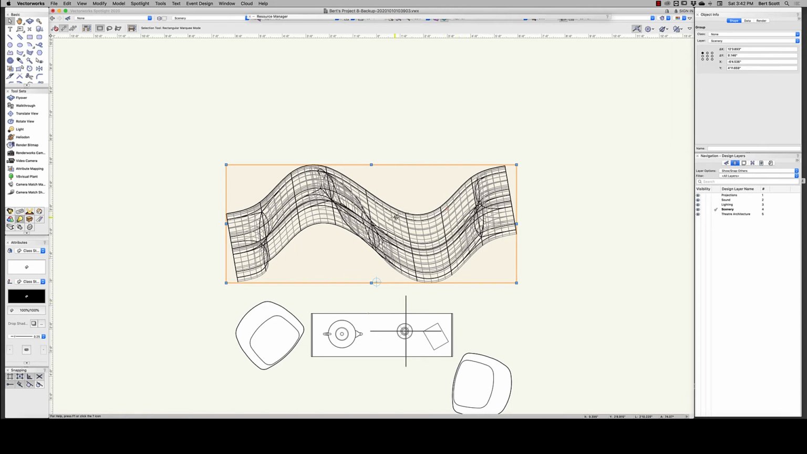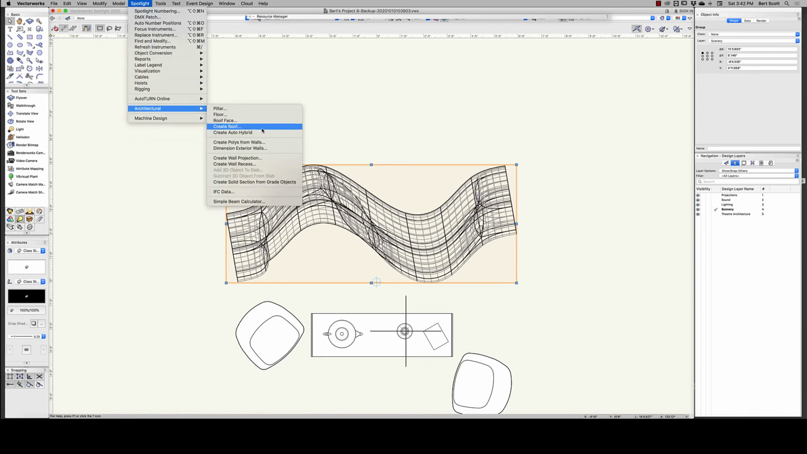Rather than doing that the way that we did the coffee table by turning it into a symbol and then having it generate the 2D geometry, we're going to do the same thing but in a different way. We're going to use the Create Auto Hybrid tool. So if you go to Spotlight, Architectural, Create Auto Hybrid,